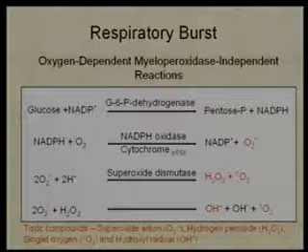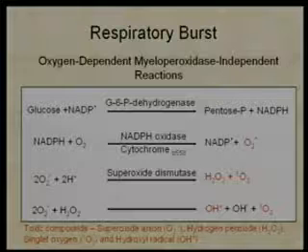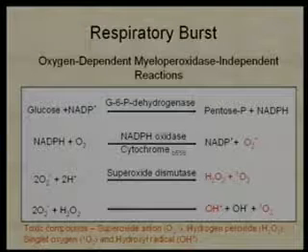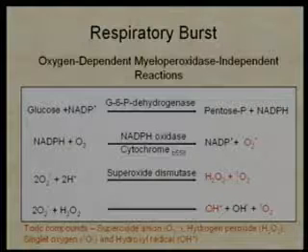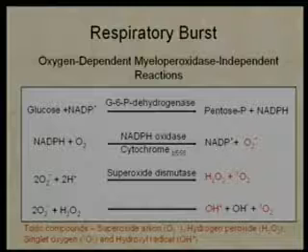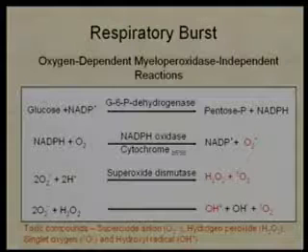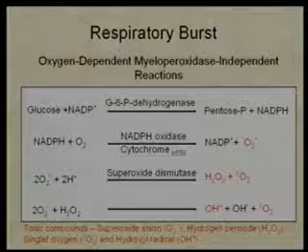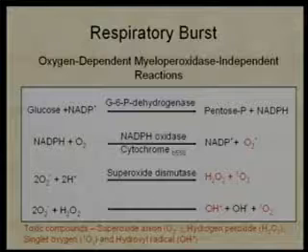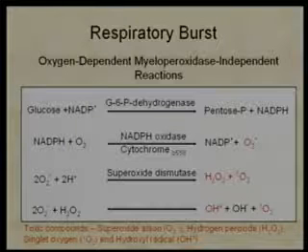What that enzyme does is catalyze the oxidation of NADPH to NADP and the production of a toxic oxygen compound called superoxide anion. And this is toxic to cells. It is a reactive oxygen species that will oxidize proteins and lipids and whatnot in the bacterial cell and ultimately kill the bacterial cell. But this is not the only